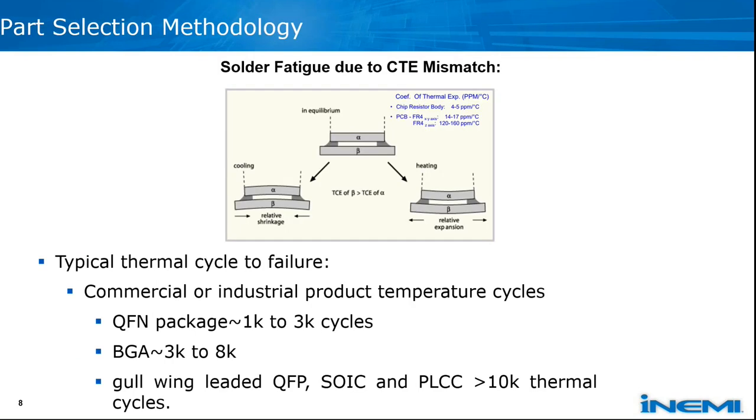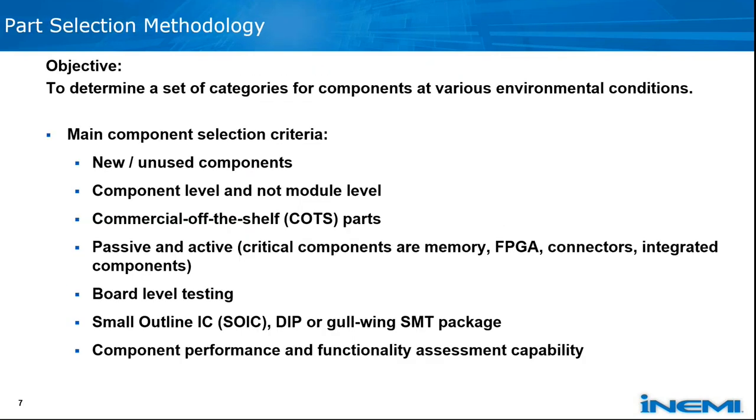So in the first round, we're talking about limiting to a particular family of components that would be easy for us to work with. So we've considered SOICs, DIPs, Gullwing SMT packages, but we're also interested in understanding the ease of functional testing so that we can not just identify the issues with the materials, but we want to know when we begin to see variations in the functions.